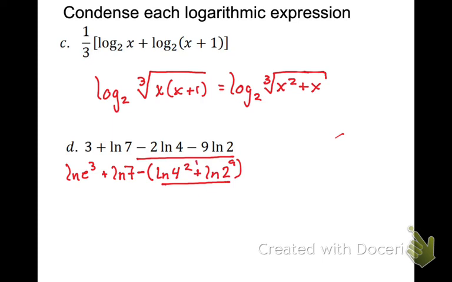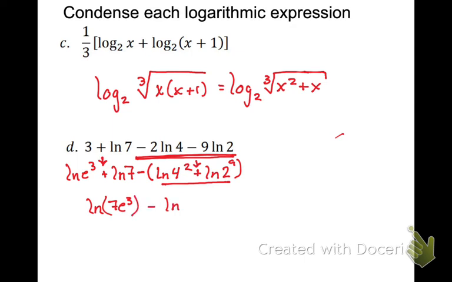So this negative says I'm going to divide by these two things. What's the plus telling me? Times. And what's this plus tell me? Times. So I'm going to have the natural log of 7e cubed. How did you get a plus in it? Because I factored a negative out of these two. That's why it's in parentheses now. Okay. So what I have is the natural log of 7e cubed